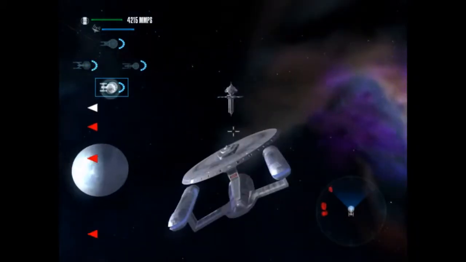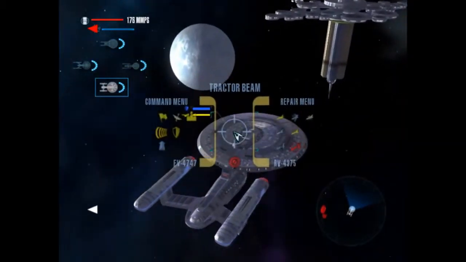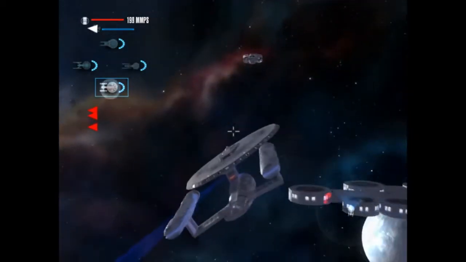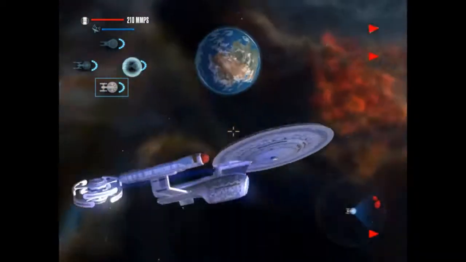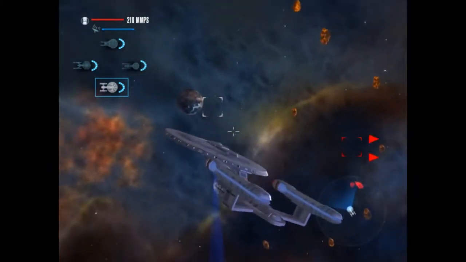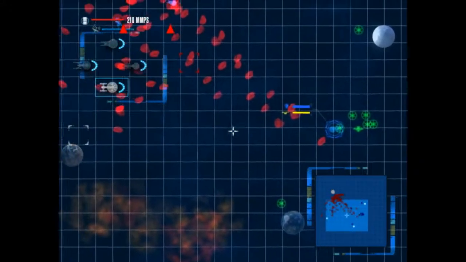Engage. Engage tractor beam. Excelsior to fleet. Whoa, that was close. We arrived at our final destination. So now we just need to head over there. We actually do have some...